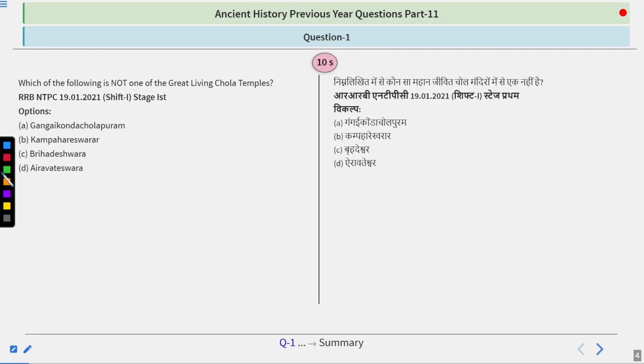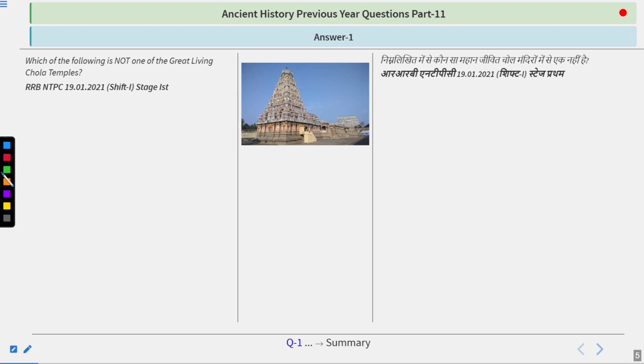First question in front of you: which of the following is not one of the great living Chola temples? Options are Gangai Konda Cholapuram, Kampareshwarar, Brihadeshwar, Airavateshwar. So take your time and answer this question. I hope you got this one right, guys. The answer is